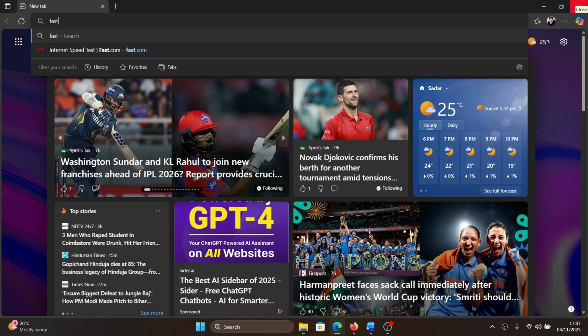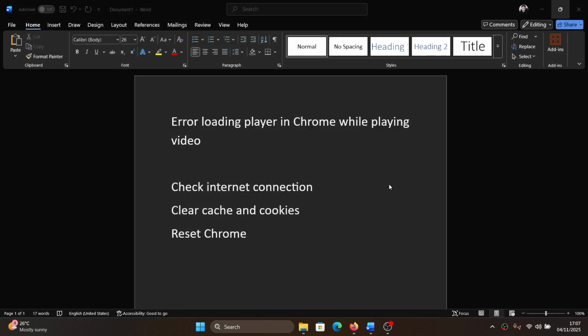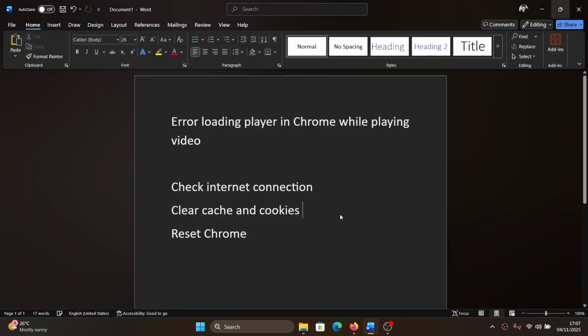Simply go to fast.com and hit enter. It will show the internet connection speed. If it's good enough, then proceed to the next solution, which is to clear the cache and cookies of the